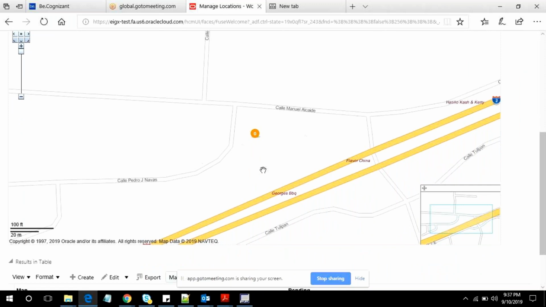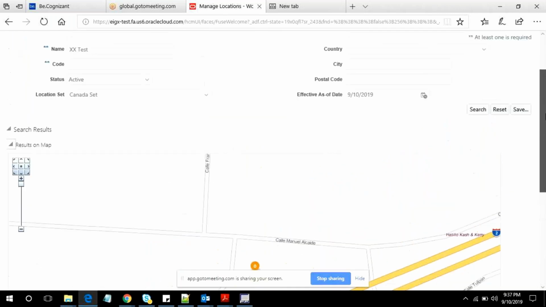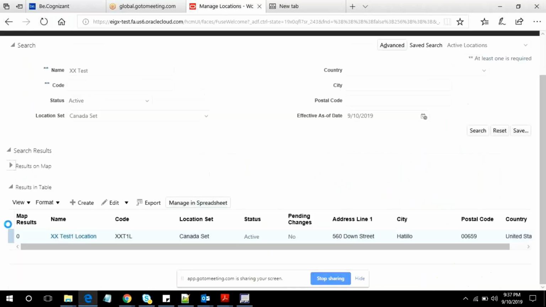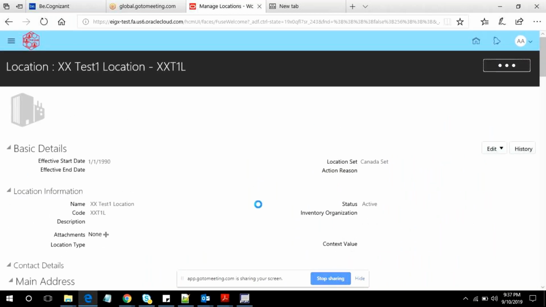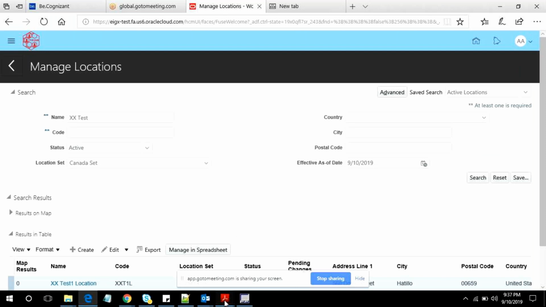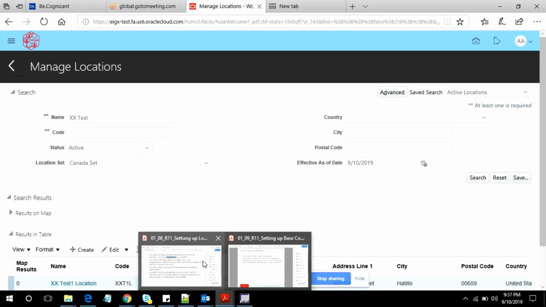I don't know about these areas. Maybe this 0 is representing the location I had given. Okay. Yeah. We have created the location, and we had given the information, and this is the location you have just created. And let me go for